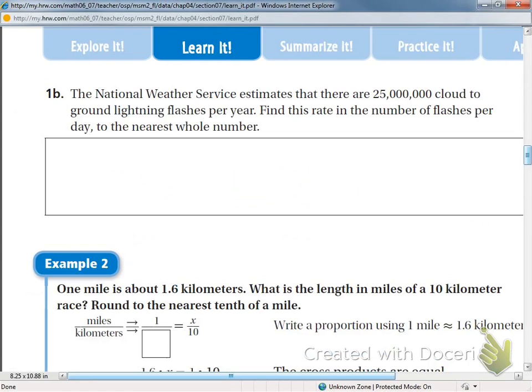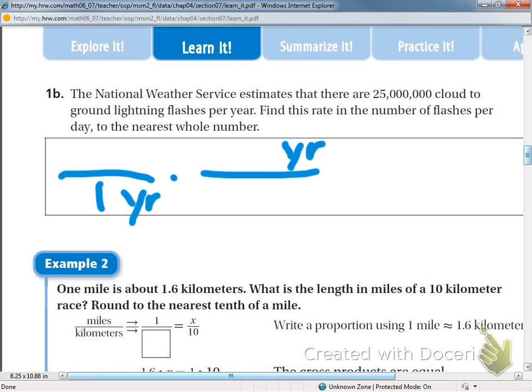Okay, let's look at 1B. The National Weather Service estimates that there are 25 million cloud-to-ground lightning flashes per year. Find this rate and the number of flashes per day to the nearest whole number. So once again, we're going to change it from year to day. So we have to multiply